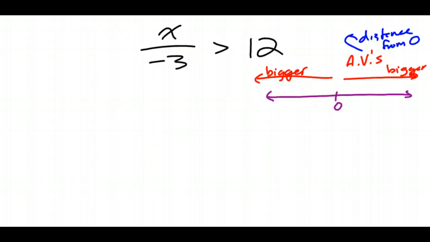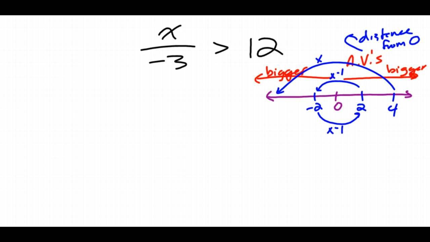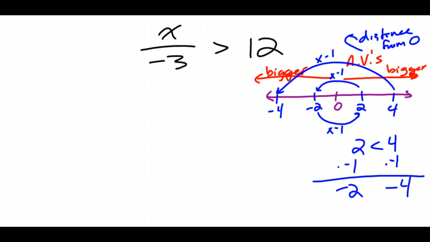So if we're multiplying something on the number line, like 2, multiplying it by -1, it's going to become -2. And -2 by -1 is going to become 2. Now, if we look at that in comparison to a number like 4, 4 times -1 is -4. But whereas 2 is less than 4, if we multiply both sides by -1, 2 times -1 is -2, 4 times -1 is -4, we can see on our number line, because our less than rules don't change on the number line, less than is always to the left, it's actually that -2 is greater than -4 in this case,